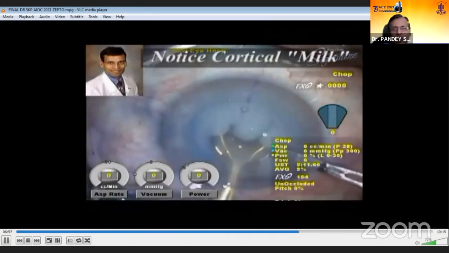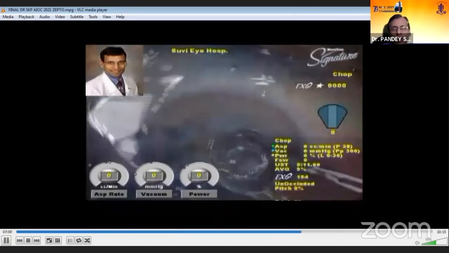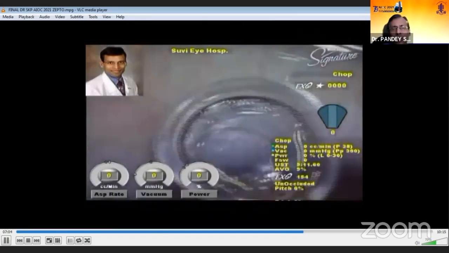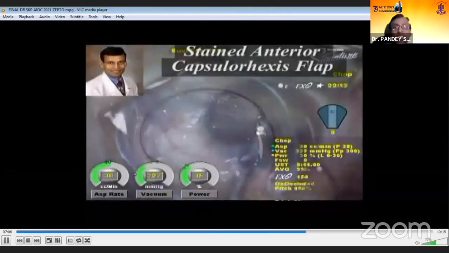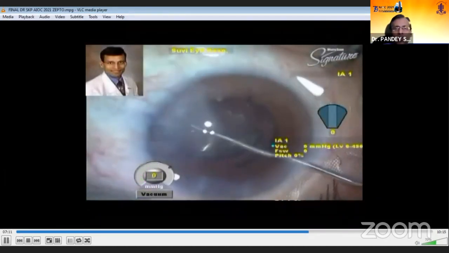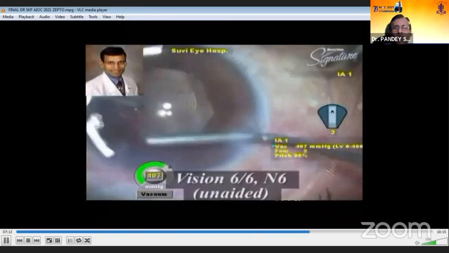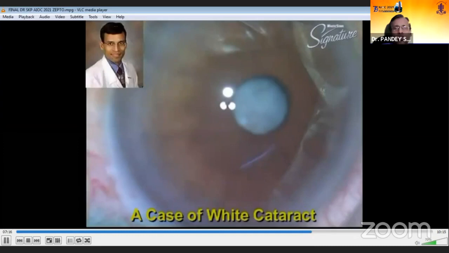This cortical milk came out, and it's difficult to perform access with the cystotome, or there are high chances of Argentinian flag sign in such cases. So once the capsular access was done, the phacoemulsification was done, and then this was followed by implantation of multifocal lenses.